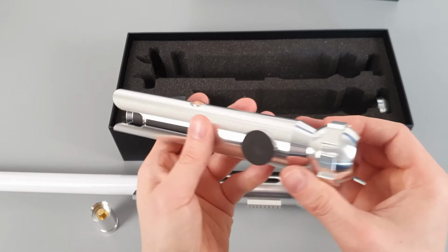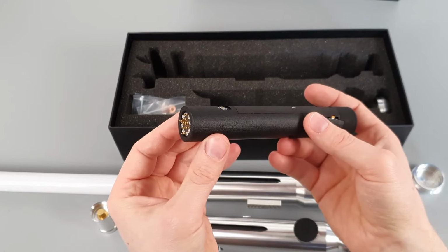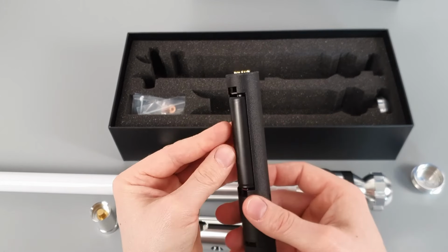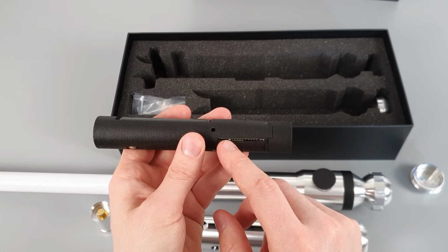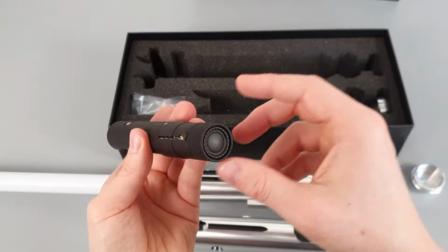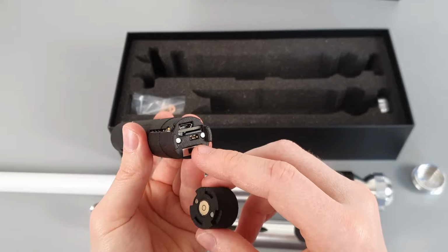Like with the main one, we of course also have a solid pommel and the vented pommel. So let's have a look at the chassis that I made for the Shoto. We have a NeoPixel PCB in the front, a switch here, an 18650 battery here, and also I have the Crystal Focus saber core here. In the back there is a speaker, 22mm, and I can just take off this one because we have